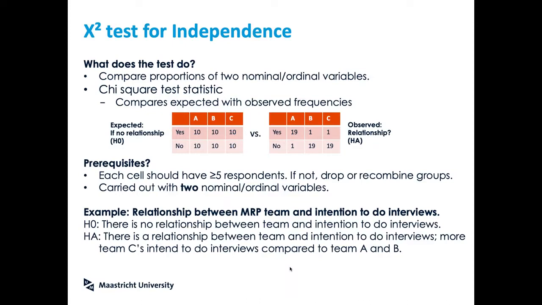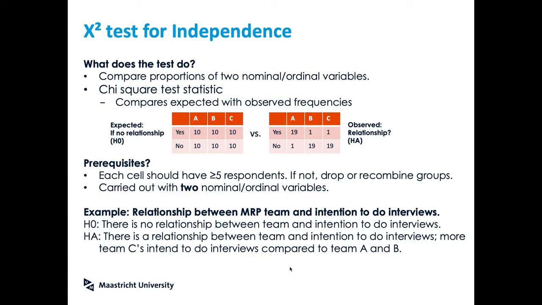If there was no relationship, then we would expect a completely equal distribution as shown here, and the observed distribution is compared against that. So in this case, we can clearly see that team A seems most willing to conduct interviews, and so the chi-square test statistic that we receive will likely support that the observed distribution is different from the expected, meaning there seems to be a relationship. We could here then draw the conclusion that team A seems to be most willing to conduct